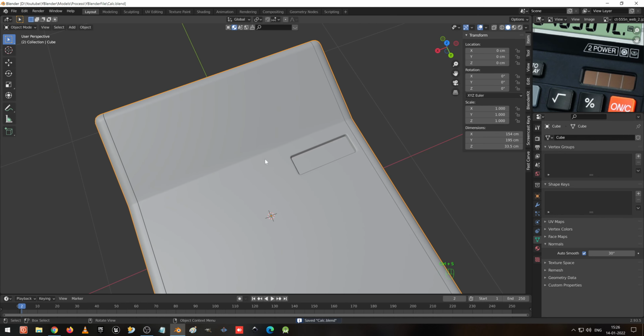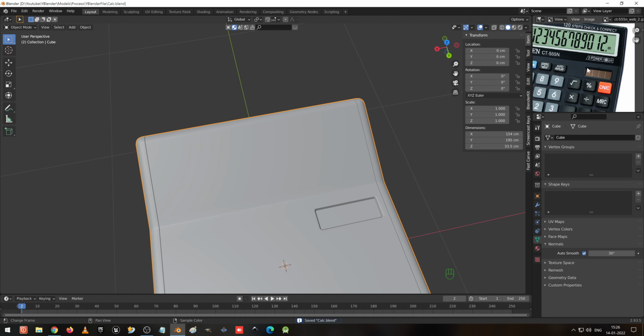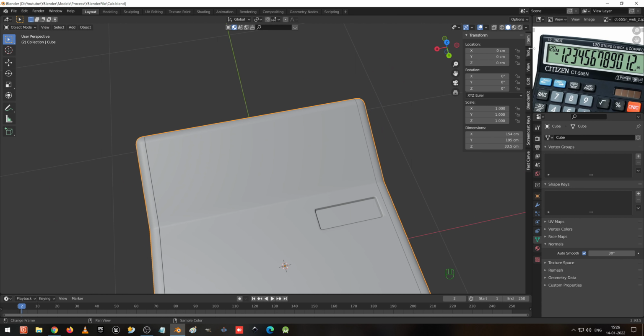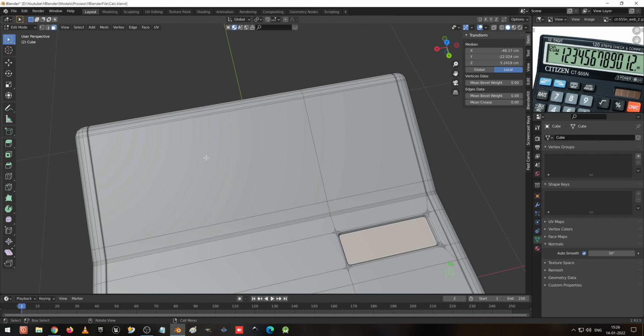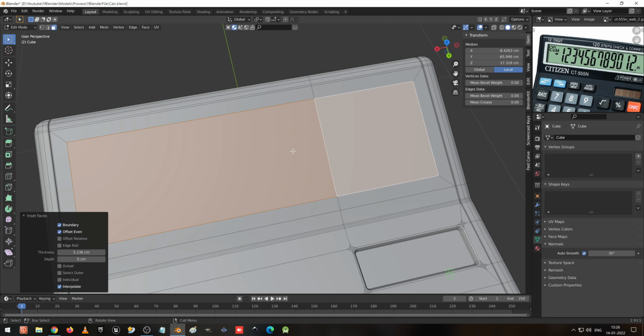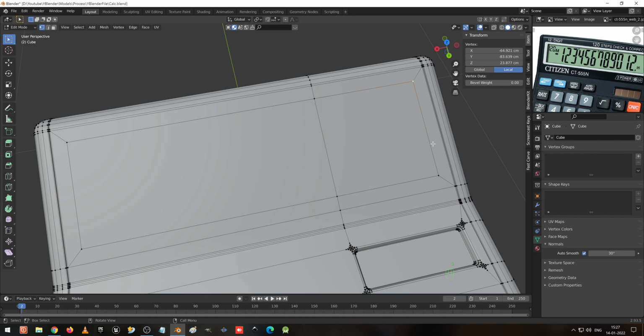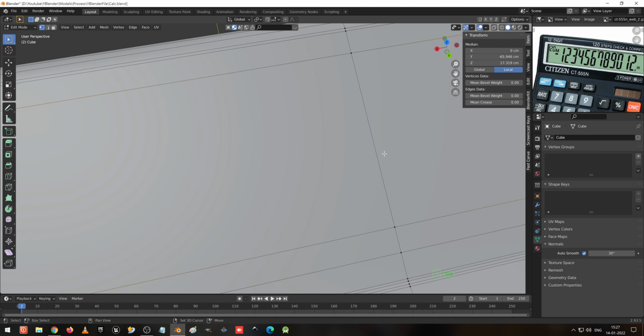I saved it, and here we are going to give some differentiation for this color. So go to edit mode, 3 on the keyboard, select these 2 things, and I press I to insert. For that coloring we are going to make it like this, and 1 on the keyboard for selecting the vertices, and select those 4 vertices. We are going to do the same again.